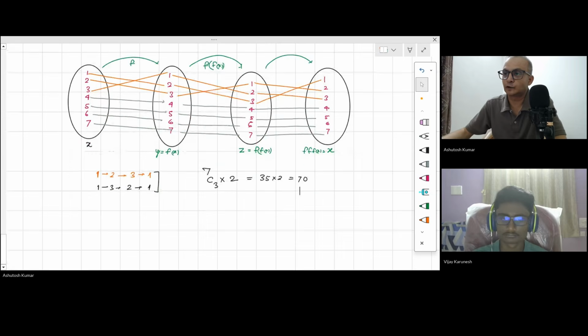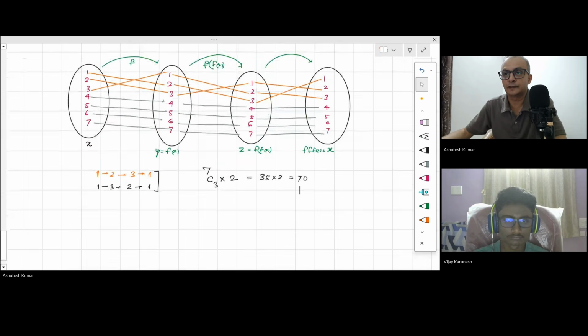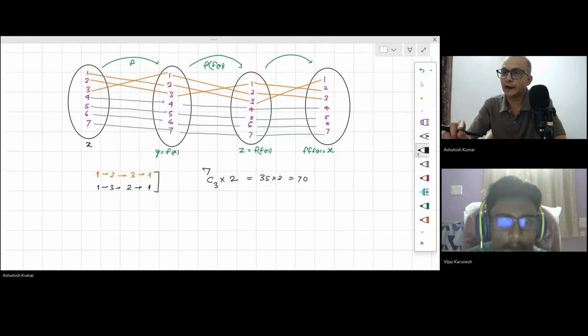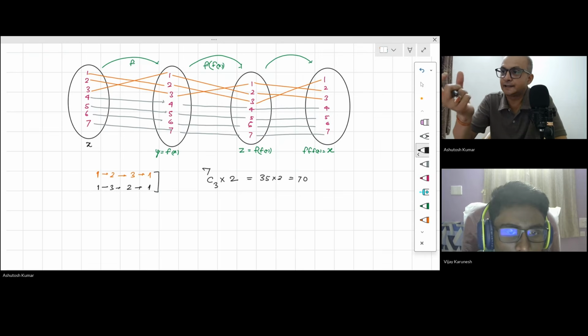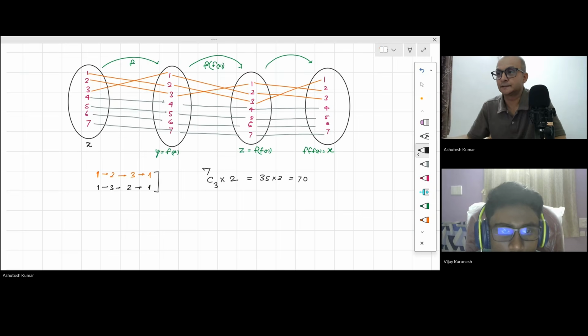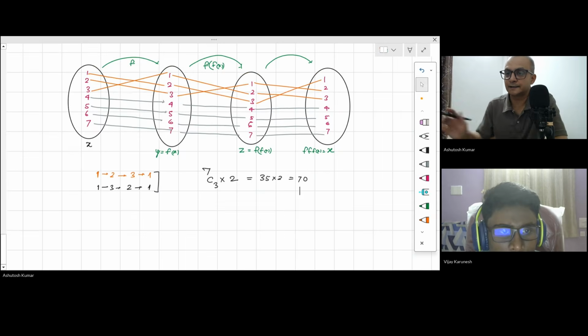But can you tell me what will happen for the next time? Next time, what can I do? I can give 2 sets. I can create 2 groups of 3, 3, because 7 elements I have, and 1 element I will make fixed. Not correct. You understood? So for 2 groups of